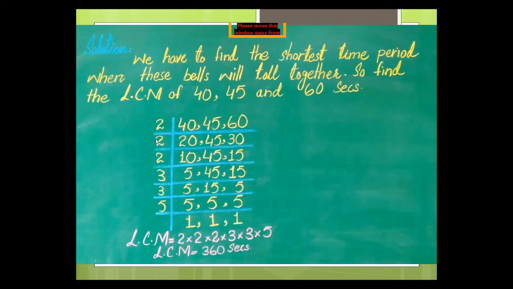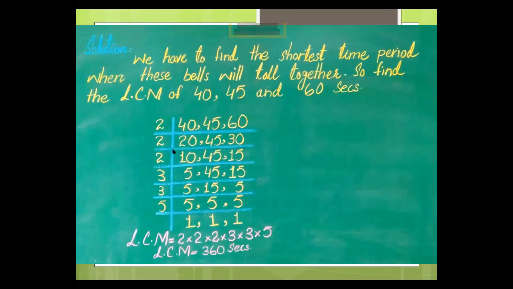40 divided by 2. 45 is not divisible by 2, but 60 is divisible by 2. The numbers 40 and 60 are divisible by 2, then we take 2 as a divisor. But if there are numbers which are not divisible by 2, let's suppose 45 and 65, then you see that 45 and 65 both are not divisible by 2, then we don't take 2 as a divisor. But here we have two numbers which are divisible by this divisor, then we take 2 as a divisor. 40 divided by 2 is 20, 45 is not divisible by 2, then we take 45 as it is, 60 divided by 2 is 30.